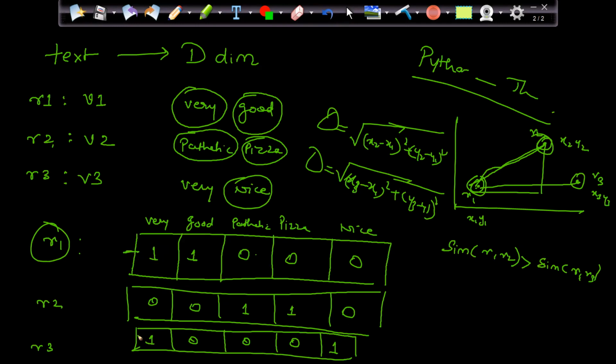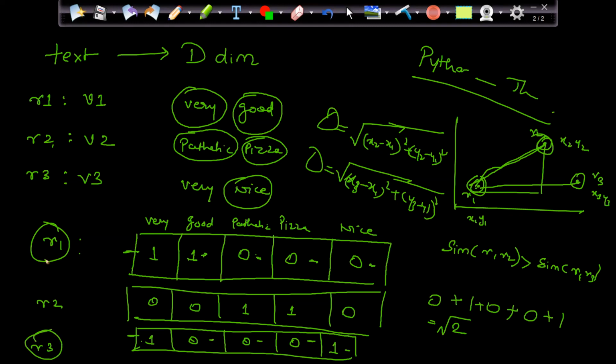So this minus this, this minus this, this minus this, this minus this, this minus this, and square of that. 1 minus 1 is 0, so 0. 1 minus 0 is 1, so 1. 0 minus 0 is 0, so 0. 0 minus 0 is 0, so 0. 1 minus 0, again 1. What is the distance? 2, square root of 2.